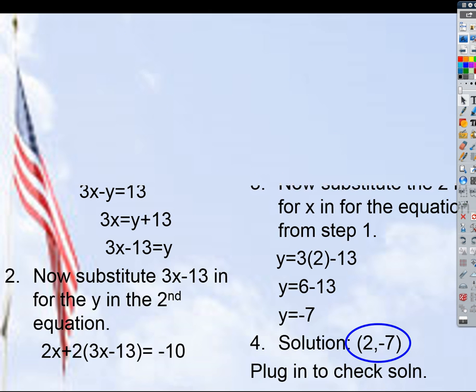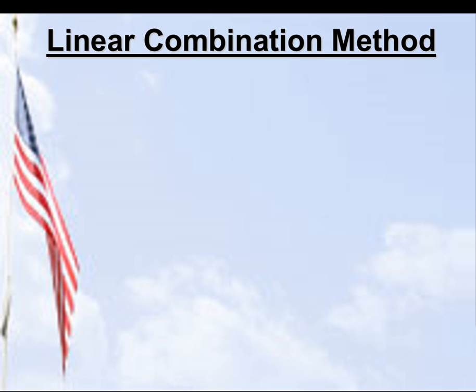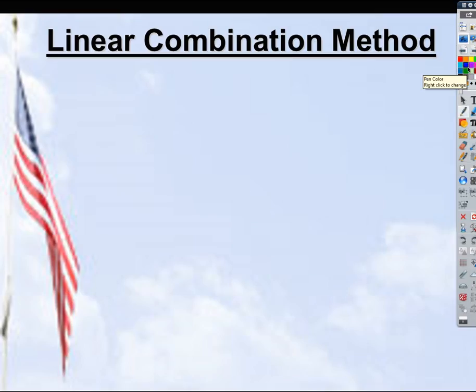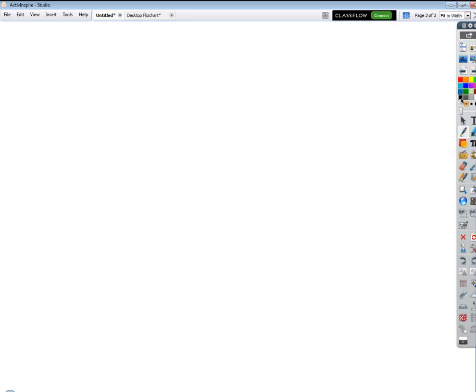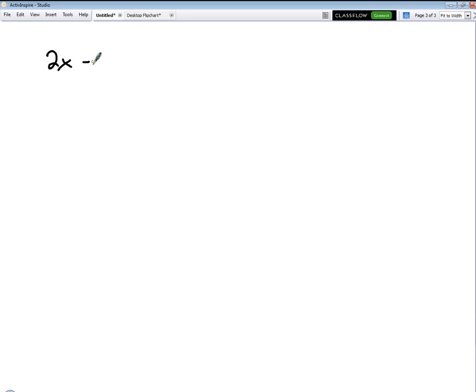All right, so moving on. Okay, I'm going to skip linear combination. We don't need to do that one. Not today. Okay, what happens if you end up with... Let me give you another one. I'm just going to make one up here. What if you have something like this? Say we have 2x minus y equals 8, and